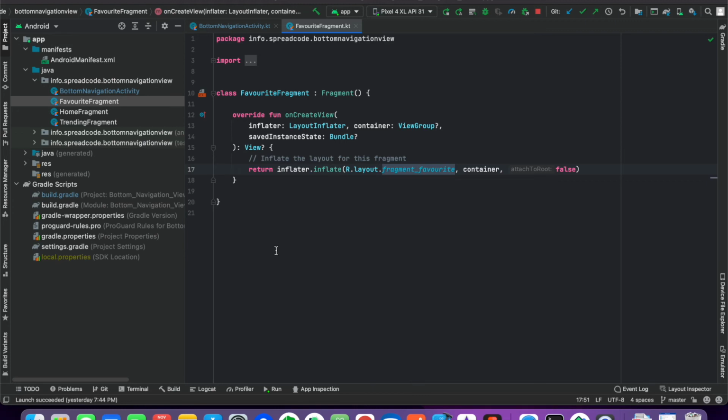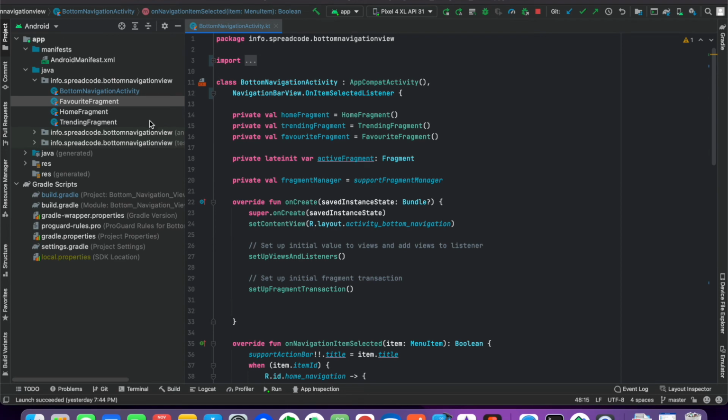I just wanted to give you the idea by doing some simple stuff. But in real applications, when you are using the bottom navigation view, in all these fragments you can put anything you want as per your requirement. Like if you want to add a map, a list, a cart, or a video view, whatever you want to create, you can create it in these fragments.